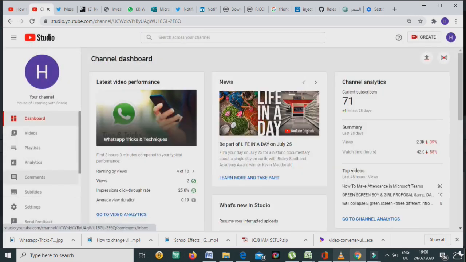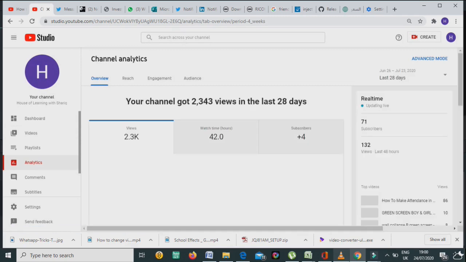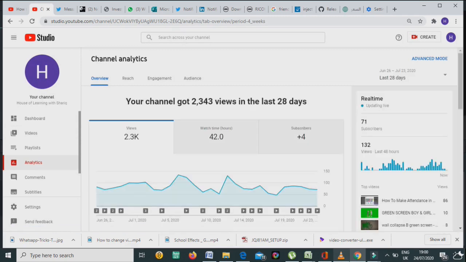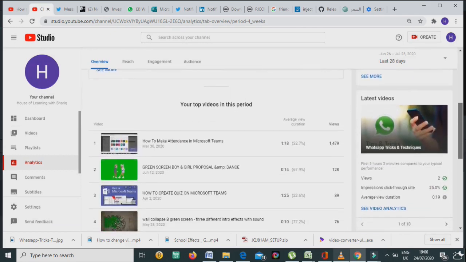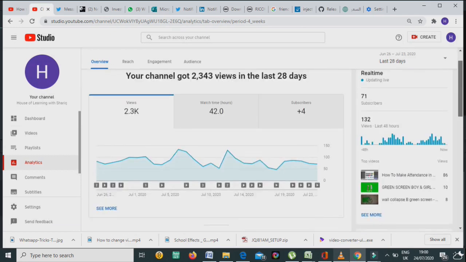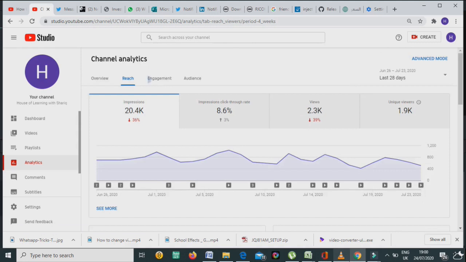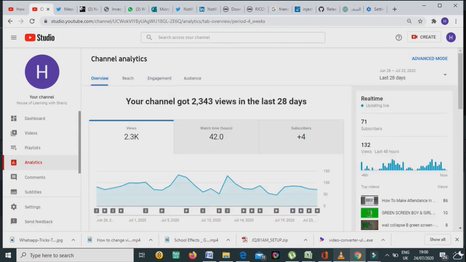Okay guys, so here I will explain how you can check all these things, the shares, likes, subscribers. Once you open the analytics, you will click on advanced mode on the top. See, from here you can see.